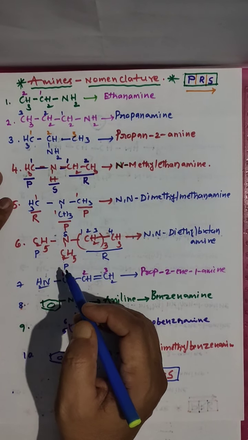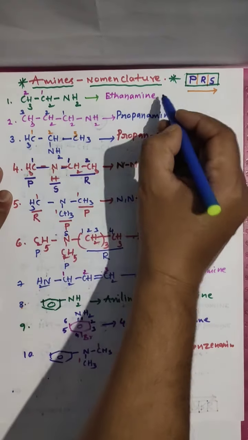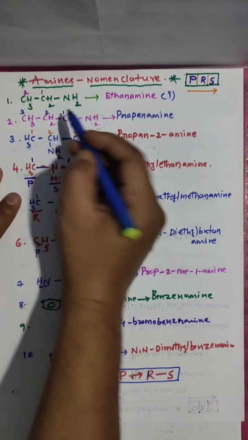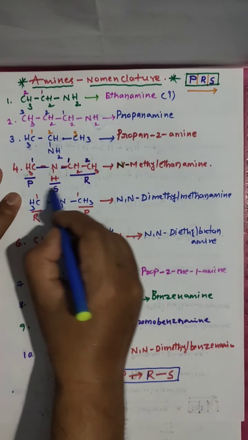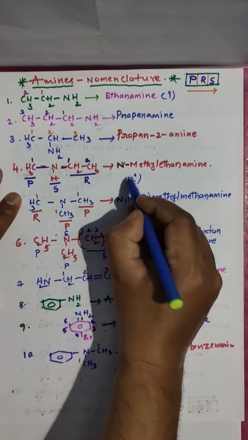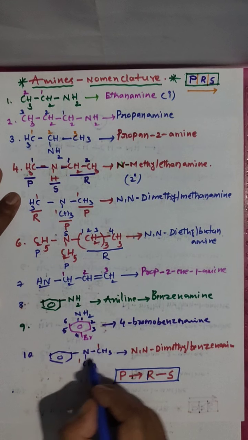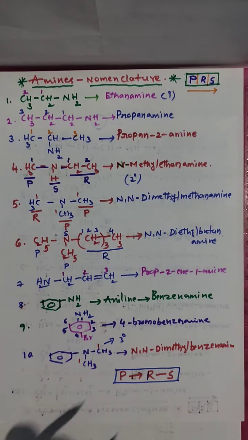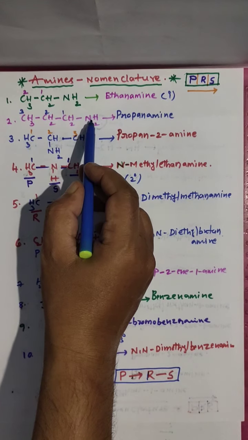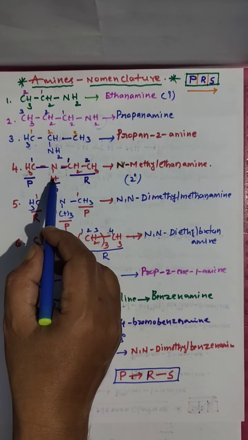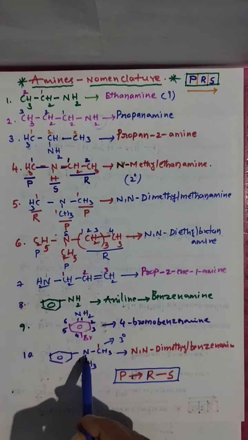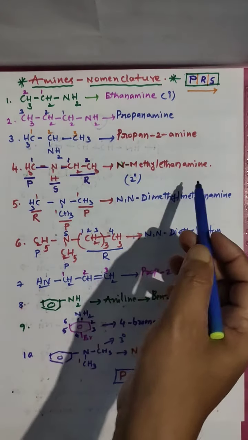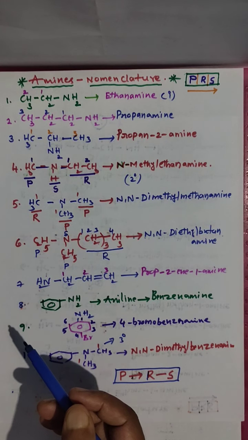Look here, we can also go for the types of amines. This is a 1 degree amine. The NH2 group is there, 1 degree amine. The NH group is there, 2 degree. Only N is there, like this, this is a 3 degree amine. If NH2 is there, primary amine. If NH is there, secondary amine. If only N is there, tertiary amine. You can also remember this. They may also ask what type of amine.